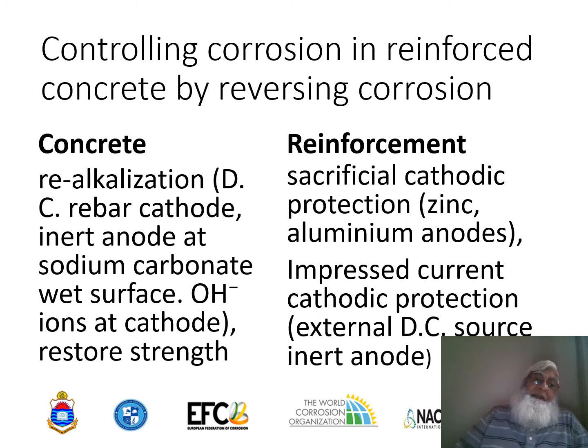Realkalization means restoring the hydroxide ions in the concrete, which is normally done by a process called realkalization, where DC current is used, and the negative terminal of the DC current is connected to